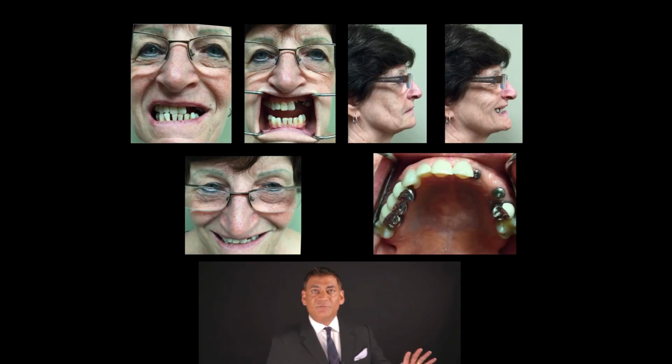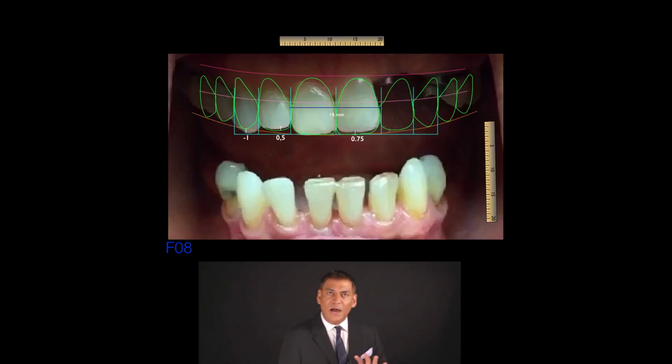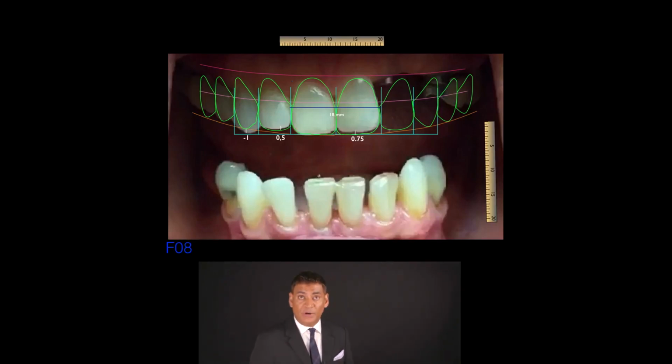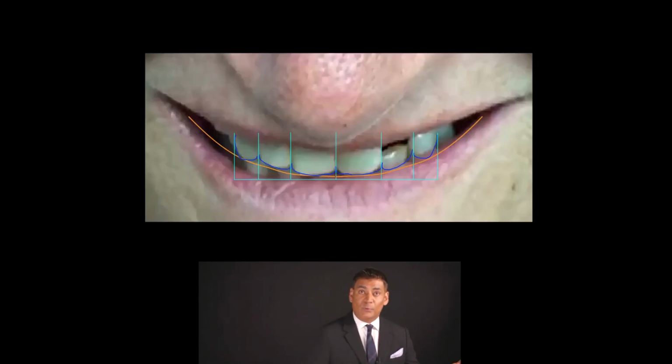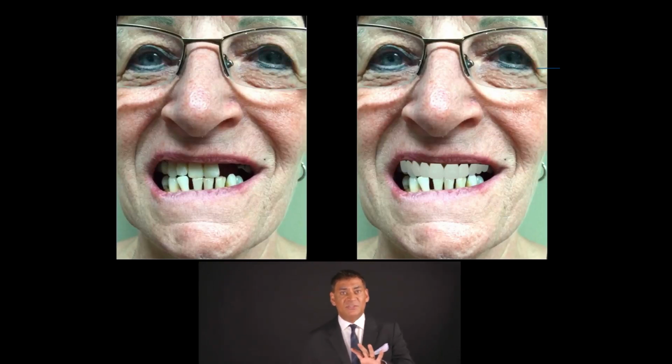But we took the series of photographs and then created a smile design, basically a treatment plan of how we wanted to design her smile and her occlusion based on her request and her requirements. And we were able to do that with great accuracy. Once that was done, I got a chance to actually see this in a 2D rendering. Patient didn't have to see this part because they're going to actually test drive this.